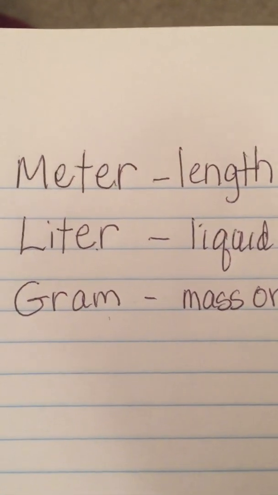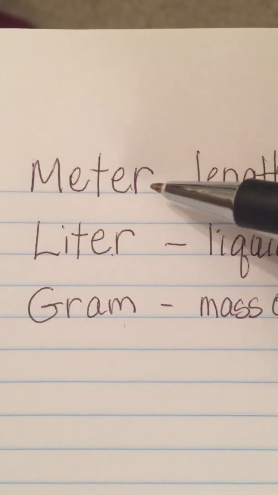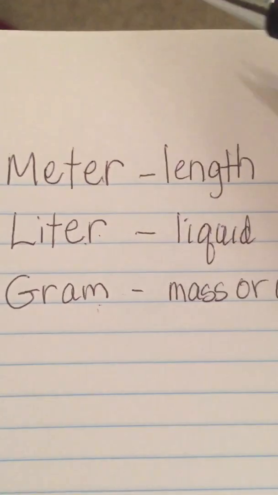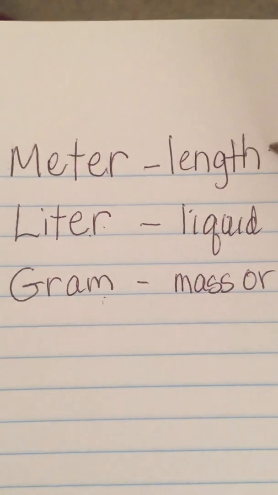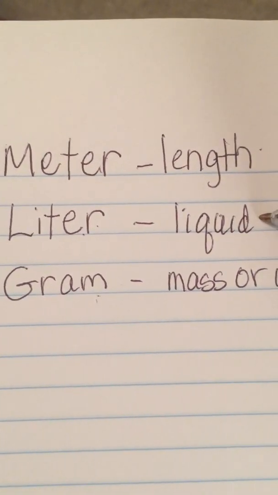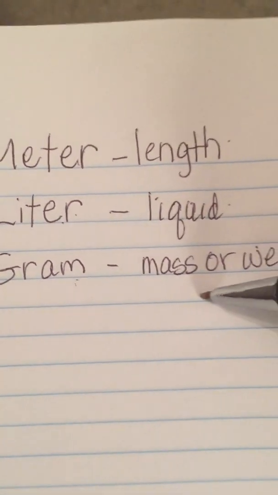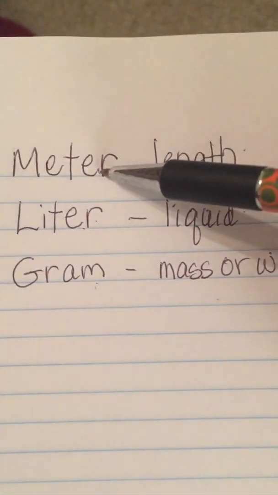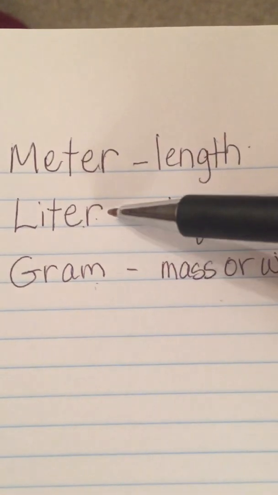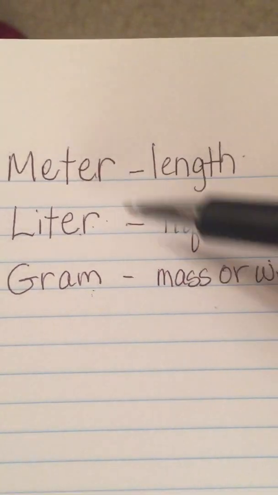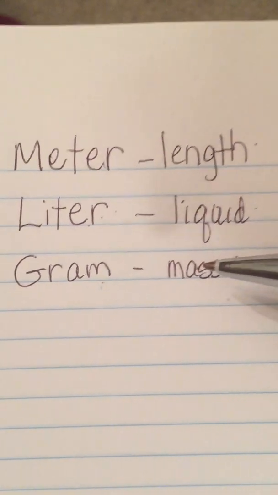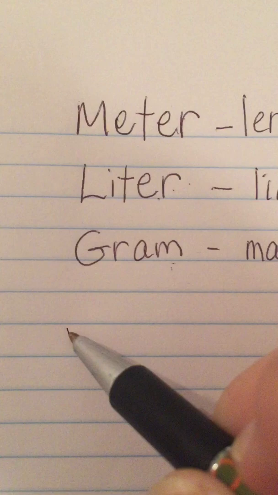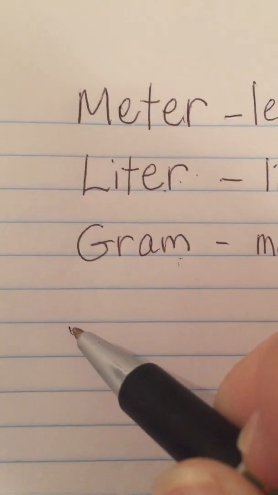Let's talk measurement. In the metric system, your basic units are your meter, your liter, and your gram. The meter measures the length, the liter measures the liquid, and the gram is the mass or the weight of something. So this would be like your inches, feet, yards, quarts, pints, gallons, ounces, and pounds. All right. We have been working on this since the beginning of the year, but if you will learn the